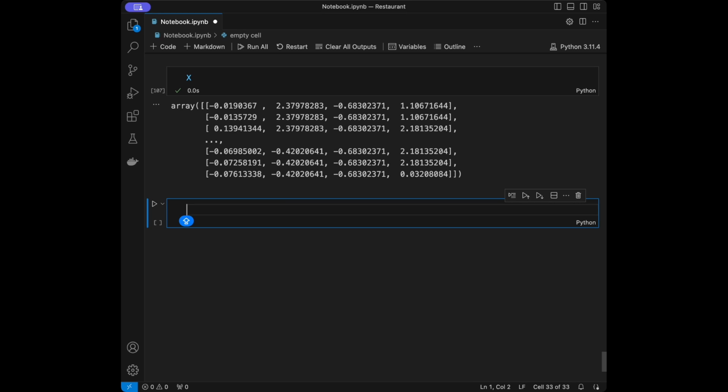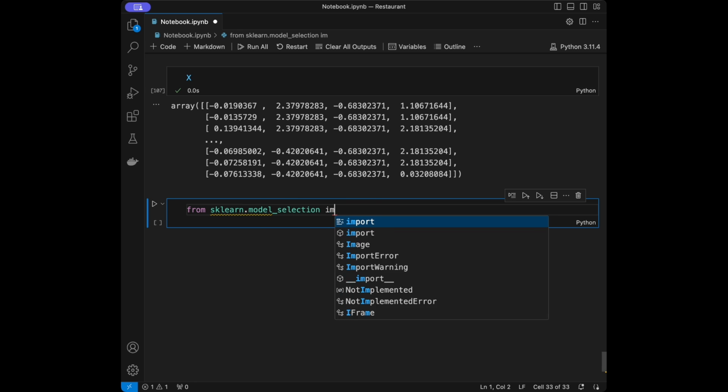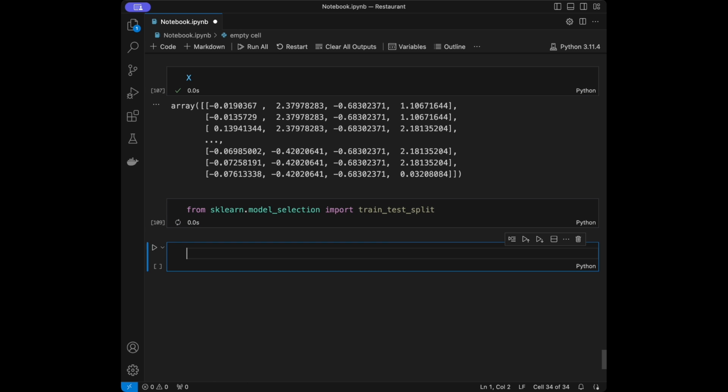Now I'm going to say from scikit-learn.model_selection import train_test_split. So why do we do train test split? We are going to have two parts, training data and testing data, and we are going to train our models with training data, and then test them with the test data, because we are going to see how the models perform on unseen data, and we are going to evaluate them with the test data. So for that we are going to say X_train, X_test, Y_train, and Y_test,